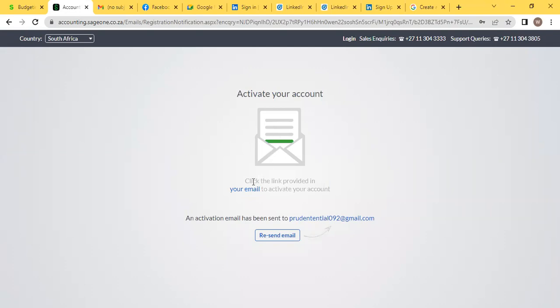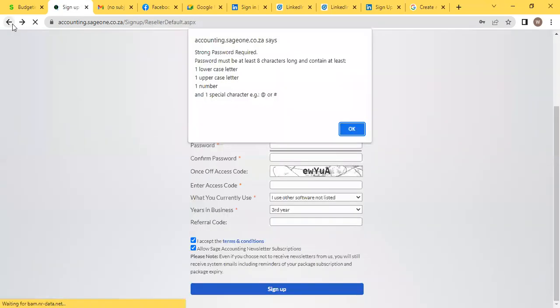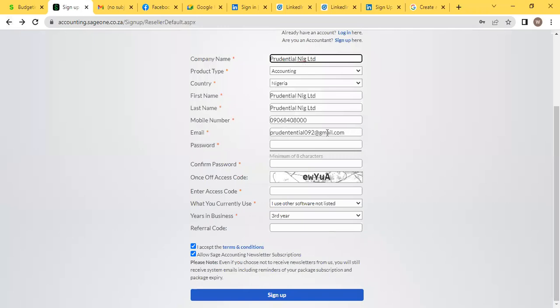So what do we do at this point? Because it's not going to accept this. No need of saying resend. We just have to go back. So we can use the back option to come back here. So we used it and we came back. So what we do, we go straight to that mail and claim it. Okay, so I say this is prudential